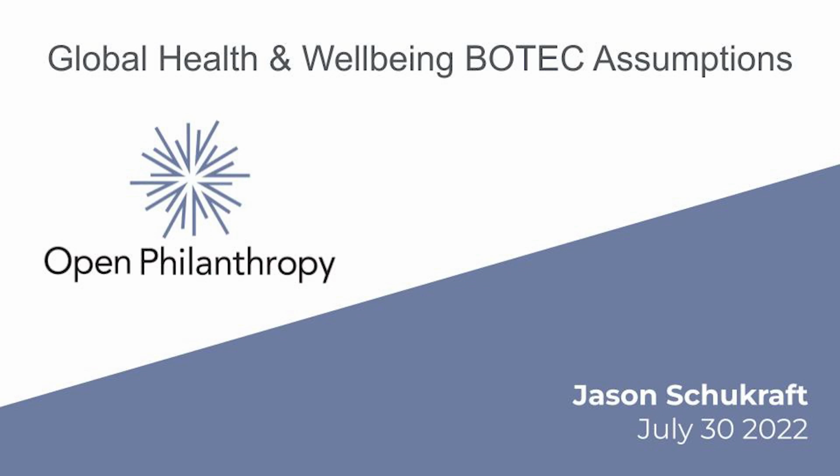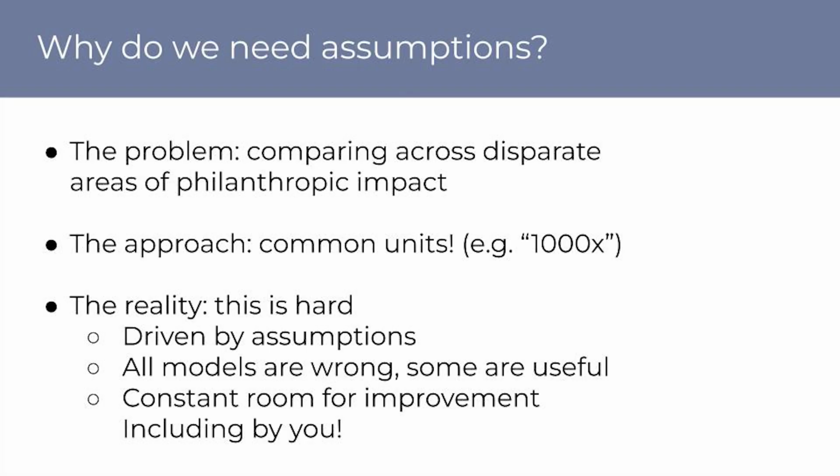Okay, so why do we need any assumptions at all? Well, the problem is that we compare a really wide array of different types of interventions that we might pursue. There's a huge diversity of grant-making opportunities out there, everything from improving global health R&D in order to accelerate vaccines to reducing air pollution in South Asia. So what do we do? Well, we try to reduce everything to common units. And by doing that, we can more effectively compare across these different types of opportunities.